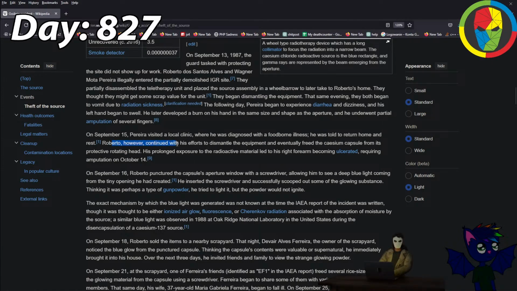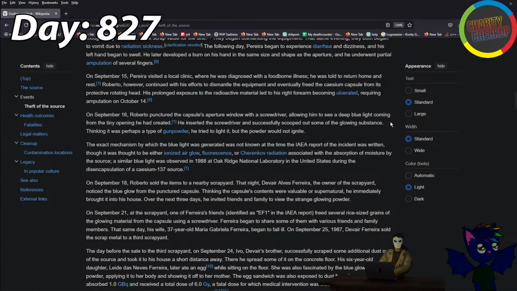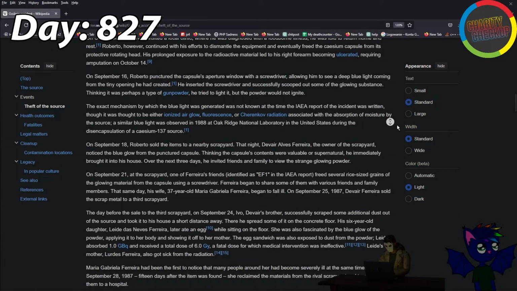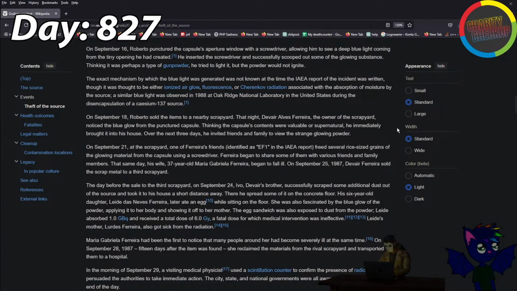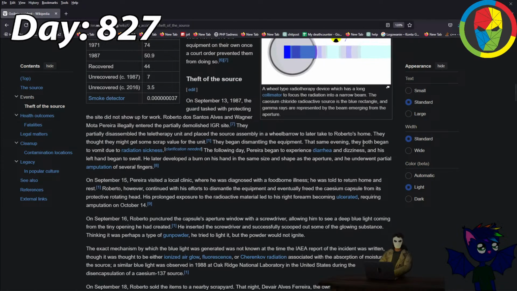Roberto, however, continued his efforts to dismantle the equipment. Why? Why would you continue? But here, have some of the dust. No, that's the maddening bit, is that he continued on. I'm sorry. I want to make sure I read that correctly. So, basically,